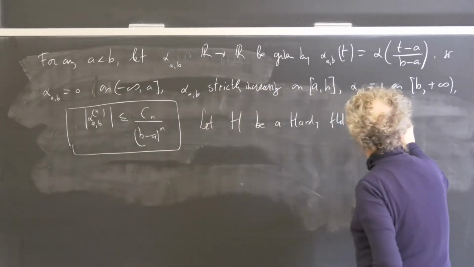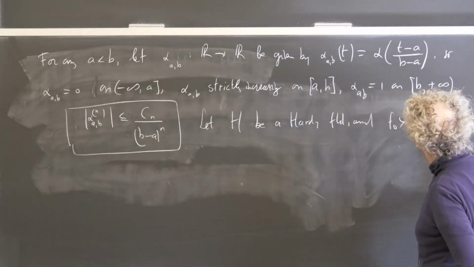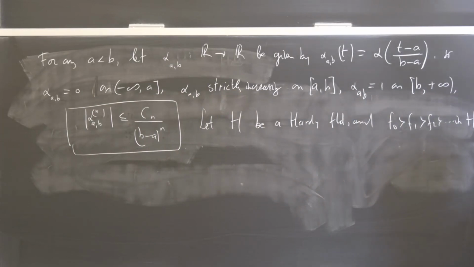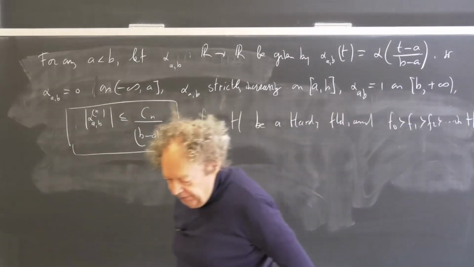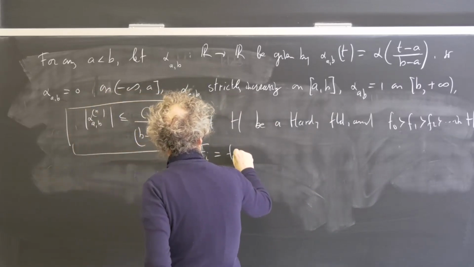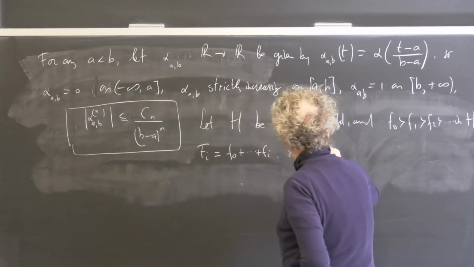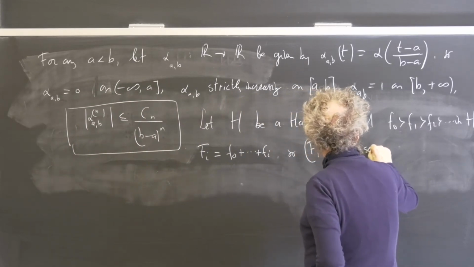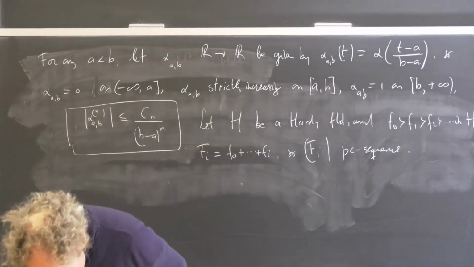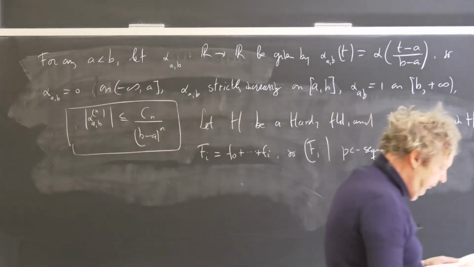Let's take n0 again. We have f0 dominating f1, dominating f2, and so on, in H, all positive elements, and so then we can form an f_i sum, f is f0 plus f_i. So f_i is a sequence. And we would like to have it pseudo converge to